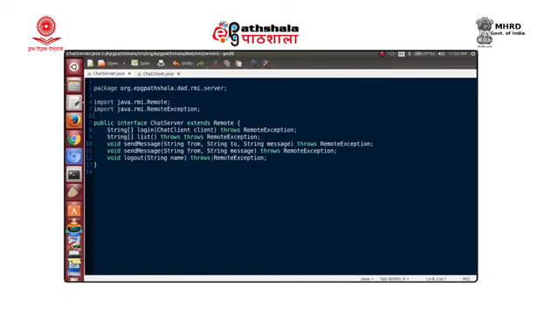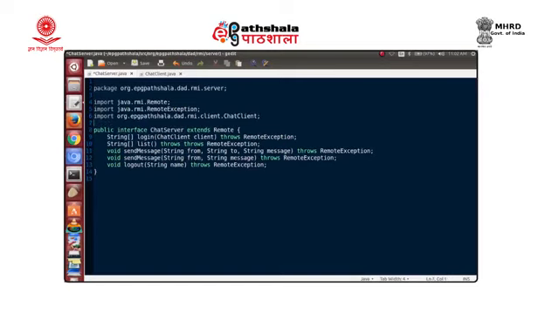Yes, we will need the import for org dot epg pathshala dot dad dot rmi dot client dot chat client. The chat client is the one which is being used in the login. That is why we have put an import here.